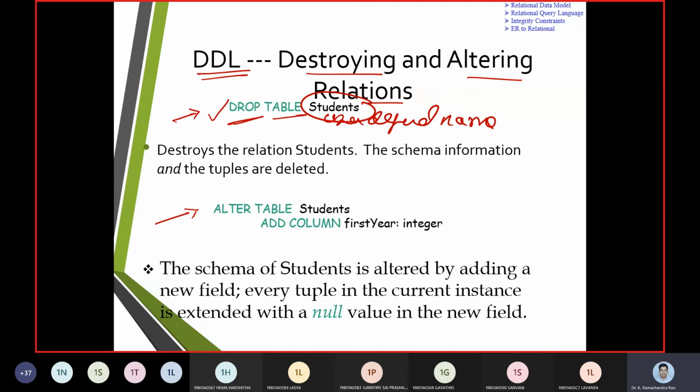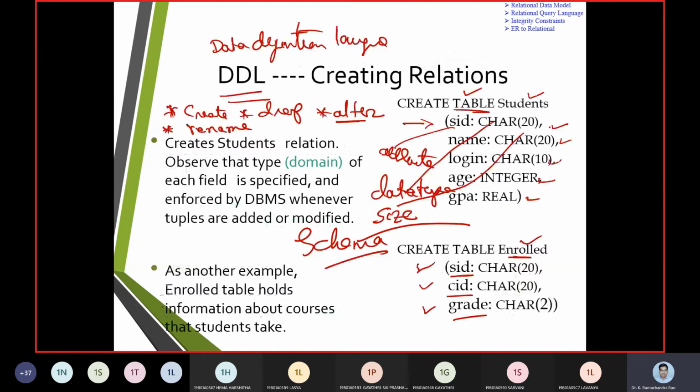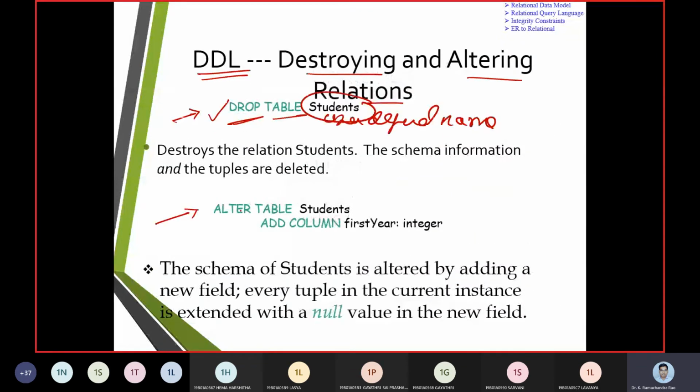Next, at this point of time we have student ID, name, login, GPA and age. So we have given only 5 attributes. Assume that we want to add a sixth attribute. Then to that schema we are going to add by altering the table. So it is going to add a new field.